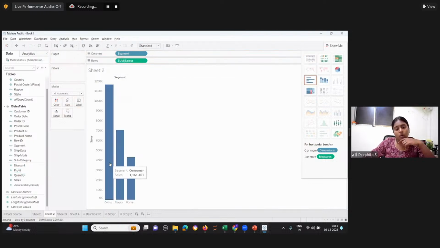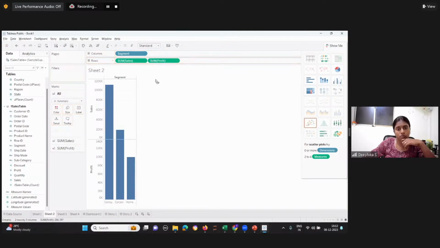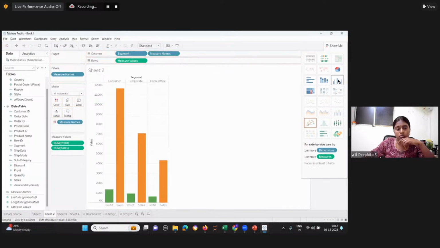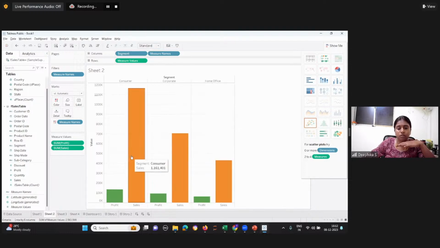Okay, so now I want segment-wise sales, and segment-wise I want to know profit. So what I'm going to do, I'm going to draw sales and profit here, and I'm going to change the chart type to a comparative bar chart. So now I know this much is my profit. You can write a measure to do it in a stacked bar also, but today we are going to do it with minimum